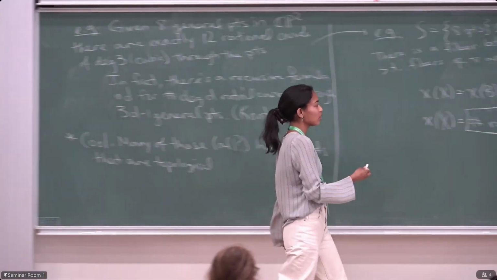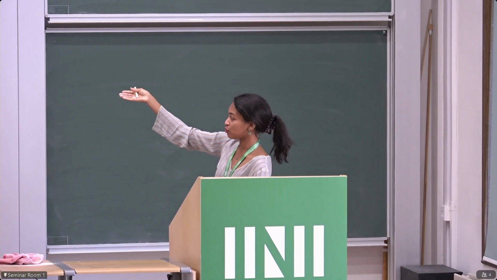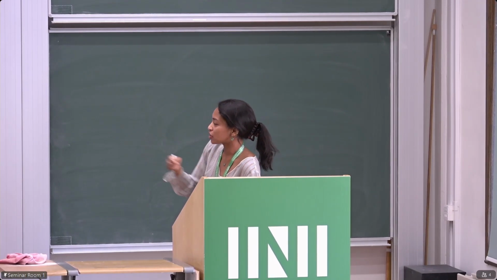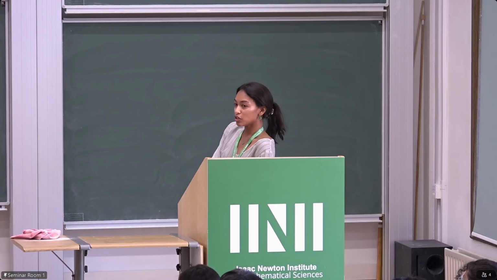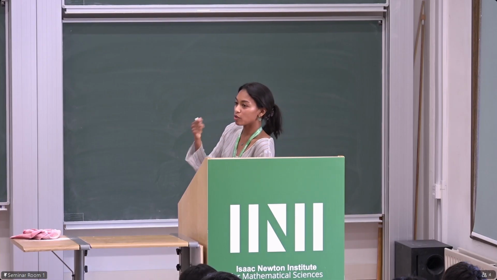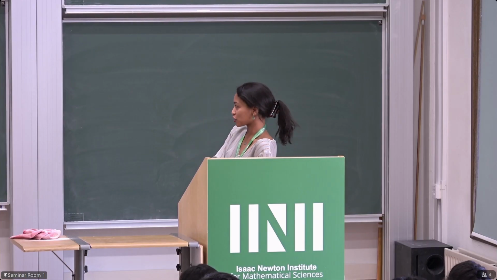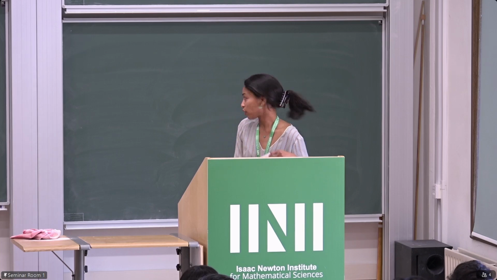One could ask now, if you had a finite group action on your ambient space, maybe a group action on your CP2 fixing 8 points, a group action on P2 under which the quartic degree 4 curve is invariant, you could ask now not for the number of solutions as an integer, but for the number of solutions in terms of orbits. So maybe instead of counting 12 rational cubic curves, you're interested in orbits of the 12 rational cubic curves under the presence of a group action. And instead of asking for an Euler characteristic computation, you might ask for something like an equivariant Euler characteristic computation. So